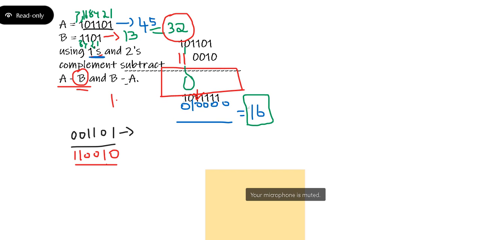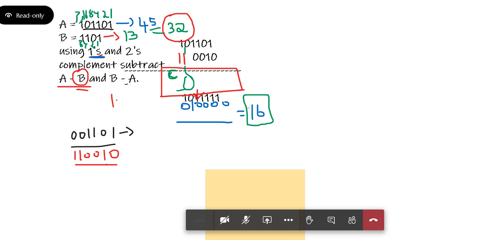Now what is this 1? This is a carry. Okay. So what happens now? You have got a carry here. So this 1 is a carry. Now, when you have a carry, what we do is, the carry out position is coming up here. So basically you are doing a ones complement thing, you are doing a carry.